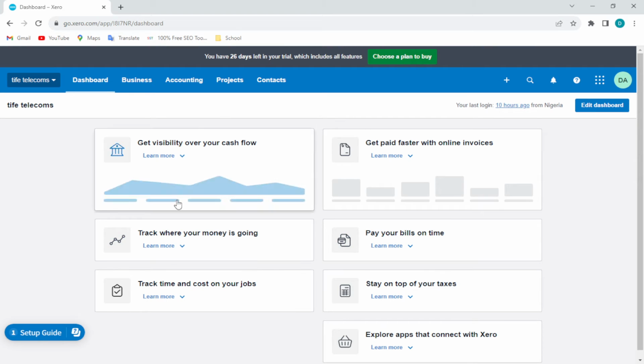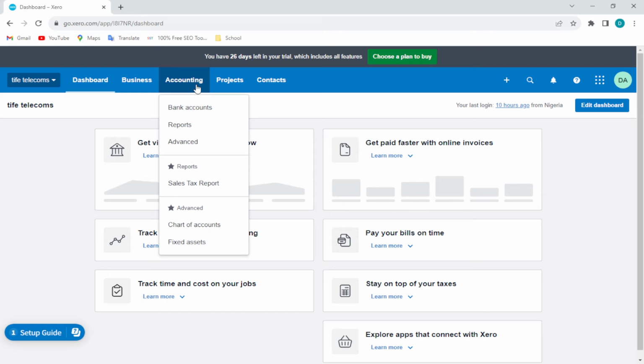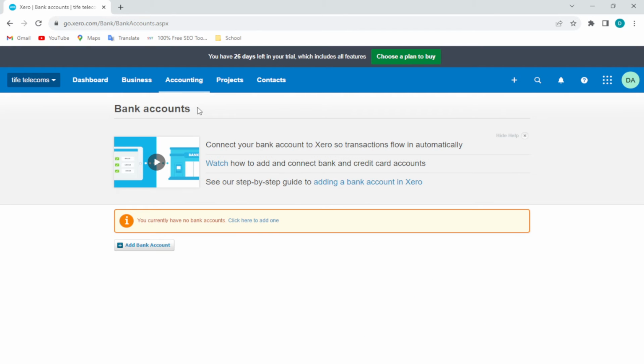Next thing to do is to open your Xero account. Once it is opened, as you can see here, in this menu you would see dashboard, business, accounting, project, etc. Ensure you select accounting. Once you select accounting, the menu will be displayed, and then in this menu, go ahead and select bank accounts. Once you select bank accounts, you will find the bank account you want to delete